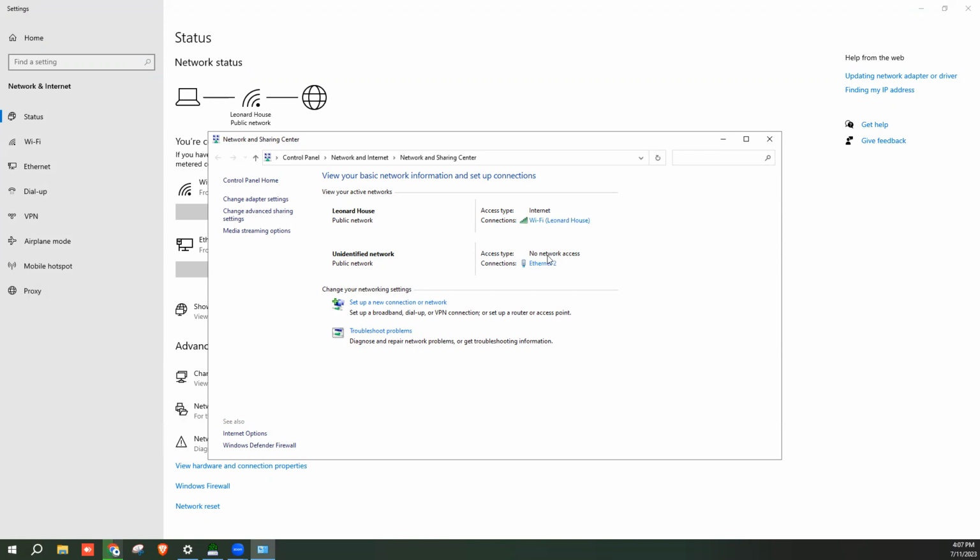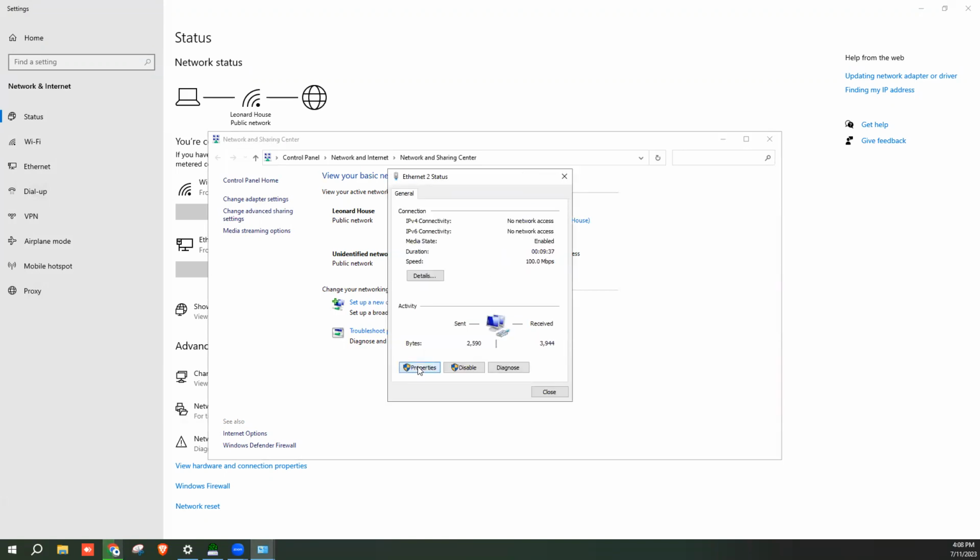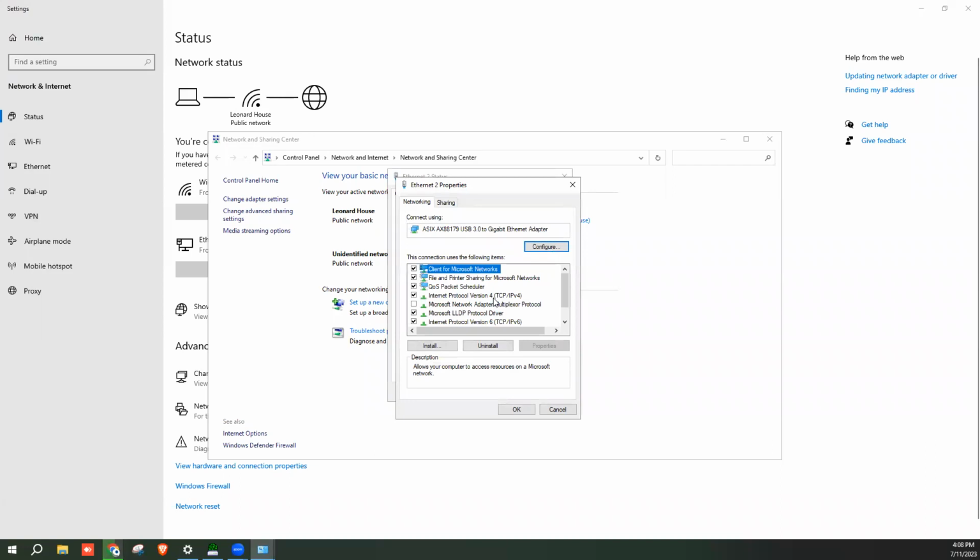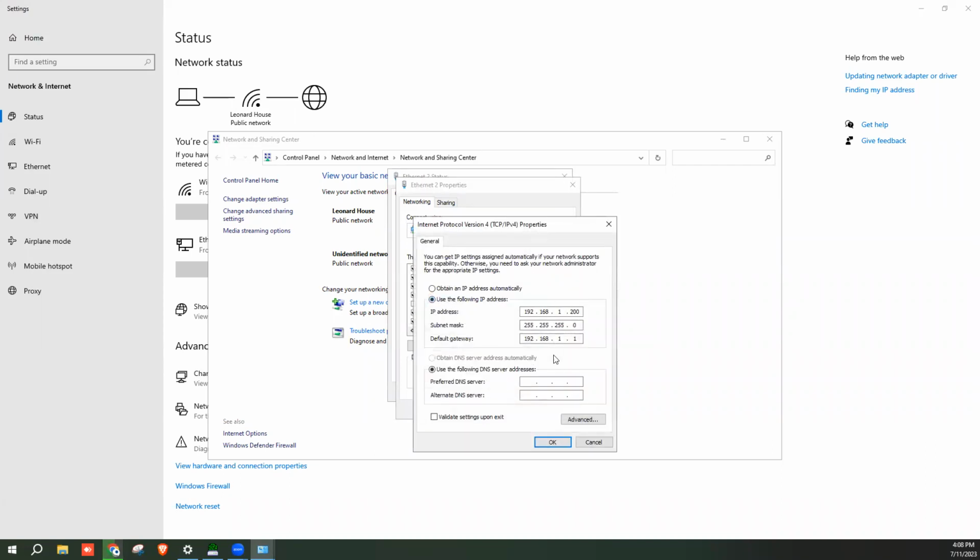So as you can see, we have 2 networks here. I'm going to go ahead and click on the second one that has our access control panel on it, hit Properties, Internet Protocol version 4. This is just in here as a dummy placeholder, but when you open it up, you're going to see this bubble right here. It'll say Obtain IP address automatically. I want you to click on the one that says Use the following IP address, and we're going to set it to 192.168.0.200, and click in Subnet Mask. It'll auto-populate. And then for default gateway, let's set it to